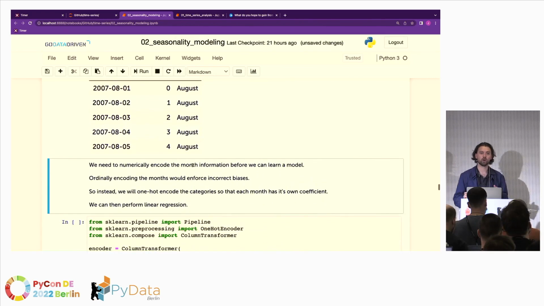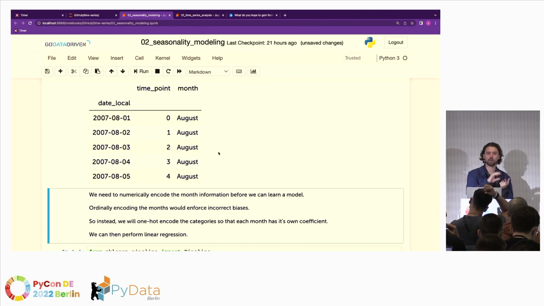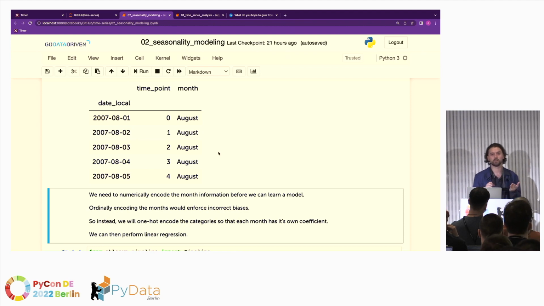Now, obviously, I can't pass this data in at the moment because we've got this data as strings. It's categorical information, so we need to choose some way of encoding it. I could choose to ordinally encode this data, right? So I could say January is 1, February is 2, December is 12, but that's going to encode an incorrect bias into our data, because that's going to suggest that